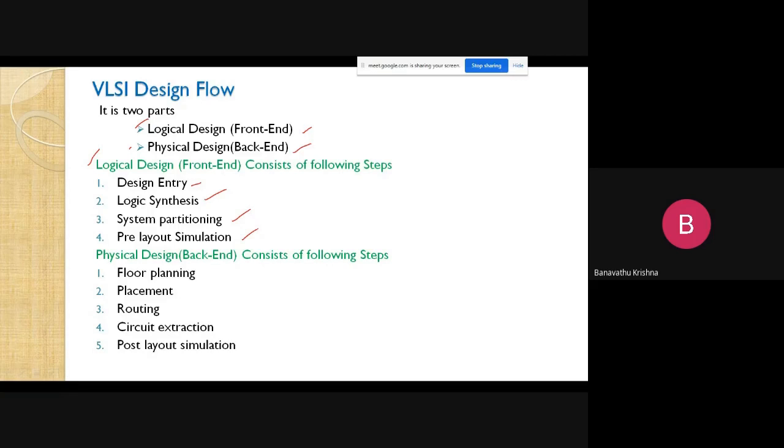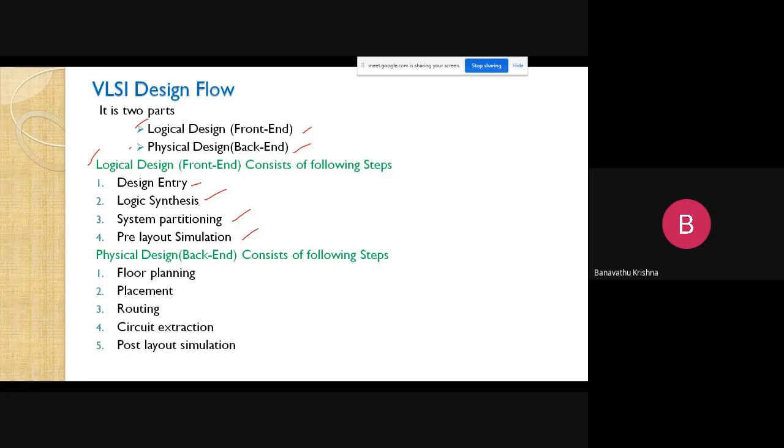For design entry, you design firstly based on some specifications, and you have to make one architecture. Based on that architecture, you write the program using VHDL or Verilog, and then it goes to gate level implementation.